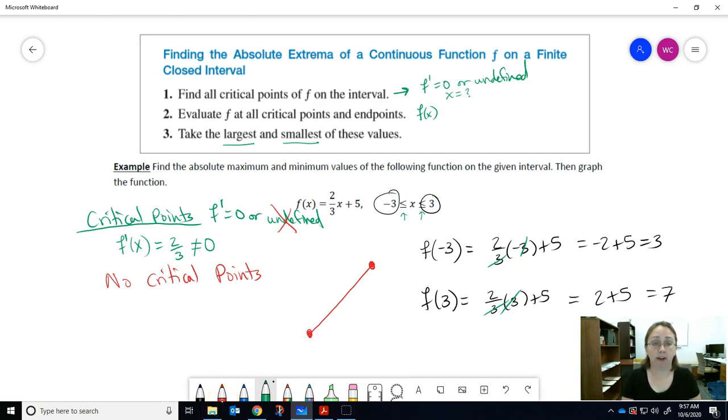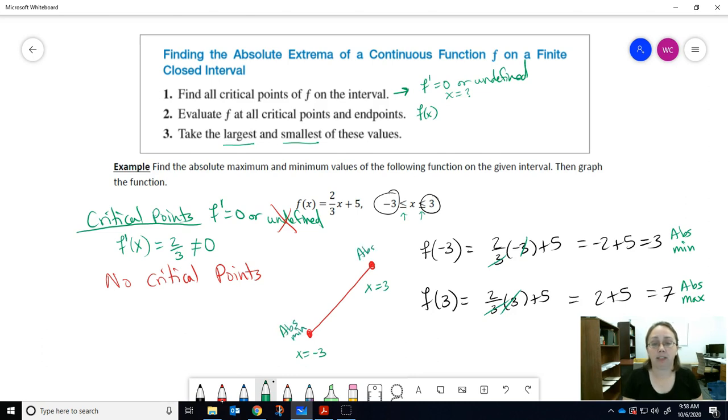So what did we find out now? We're on step number 3. The largest value is your absolute max, and your smallest value is your absolute min. Now this makes sense because your function was increasing, a straight line, so it would start our interval at x equals -3, and it would end at x equals +3. A straight line connecting these 2 points in an increasing manner, you can already say that this is going to be your absolute min